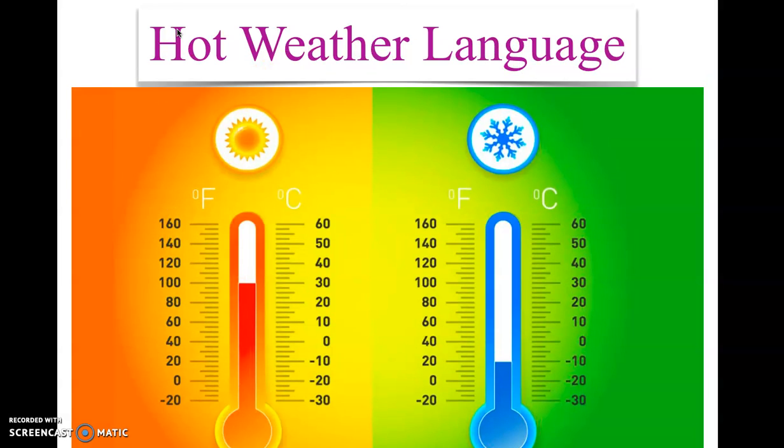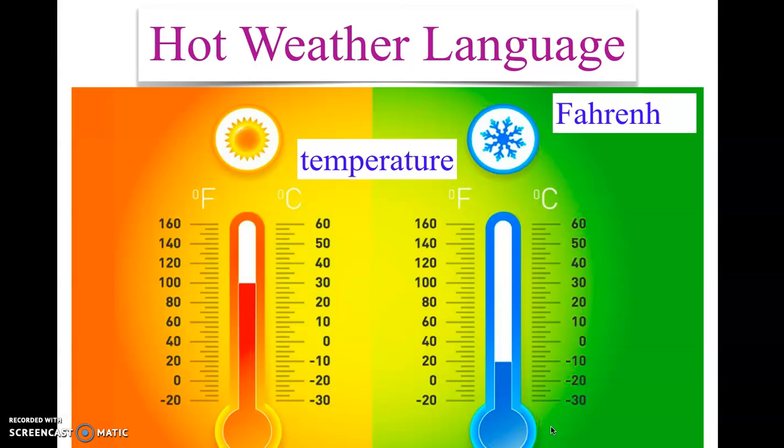If you remember before, I mentioned in another video, we have around the world two methods of talking about temperature. Temperature is how hot or how cold the weather is, or other things are. We use temperature for other things as well, right? So there are two. In the United States, we use this one, Fahrenheit, and it's usually the F. The little circle here means degrees, right? Degrees is the amount of temperature, hot or cold, right?